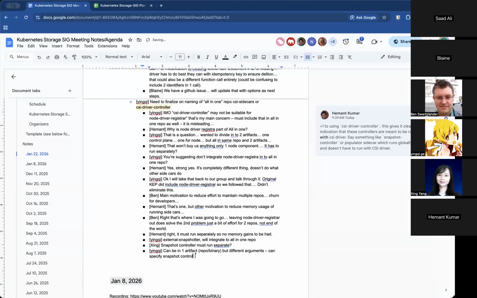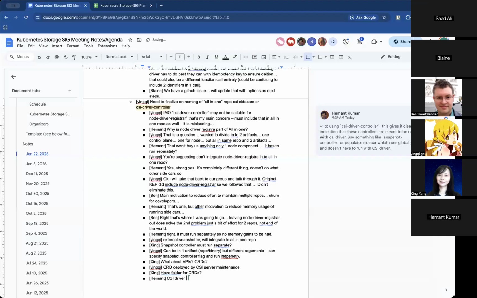And what about the APIs? Because we also have APIs there, right? The CRDs. Yeah, the CRDs are deployed by the CSI maintainer. But the CRDs cannot be deployed by the CSI driver maintainer.